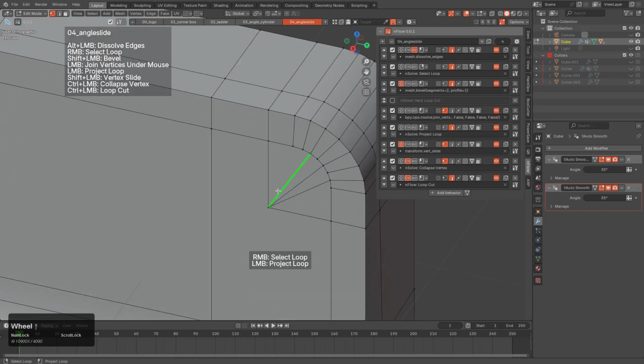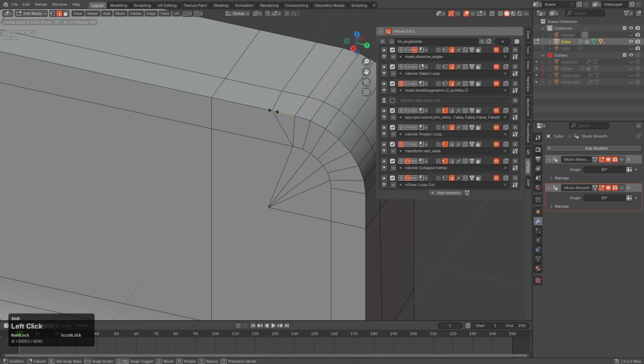So continuing on with this, I'm also wanting to do a little cleanup. Some of these areas really just need to